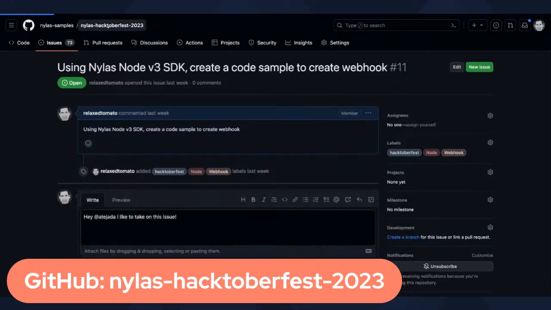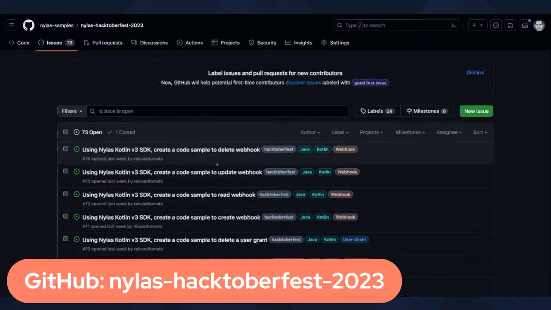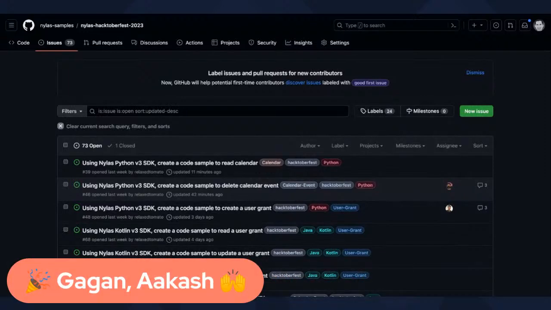So let's first go to Nylas Hacktoberfest 2023. In here, we have about 73 issues, or over 70 issues in different programming languages that you can take on. And as well, I just want to give a shout out to some developers that have actually gone ahead and taken on some issues. I think if we sort by recently updated, we see that a few developers have gone ahead and jumped into our repo. So shout outs to Guggen and Akash. Hopefully I'm pronouncing that right. They've gone ahead and taken a look at some issues already and started creating PRs